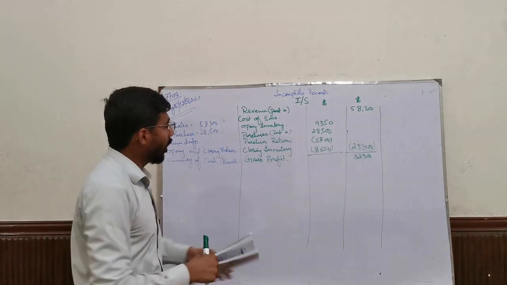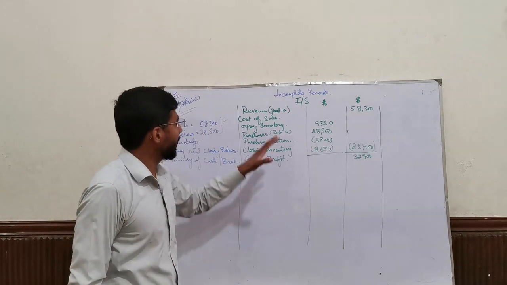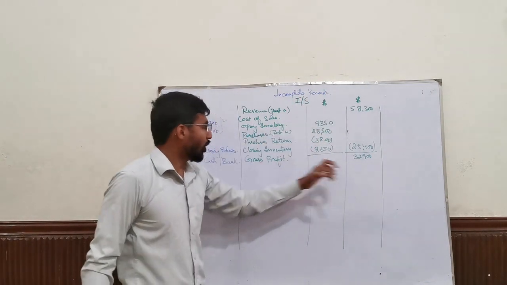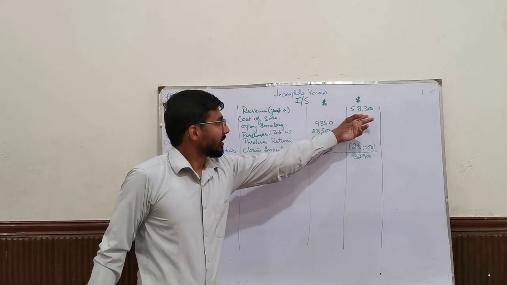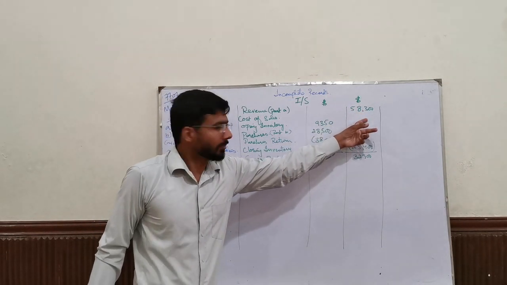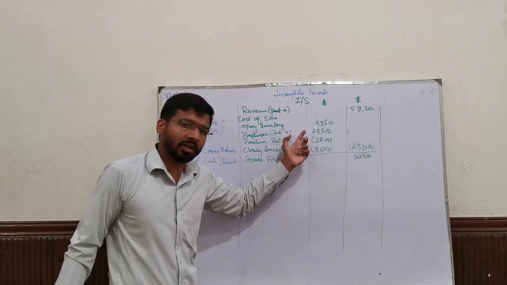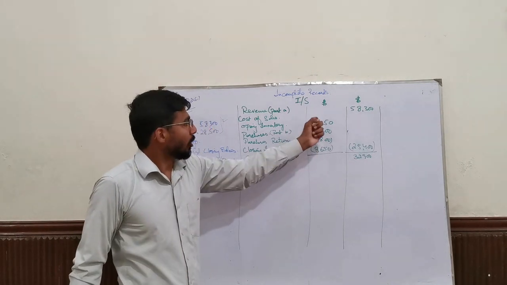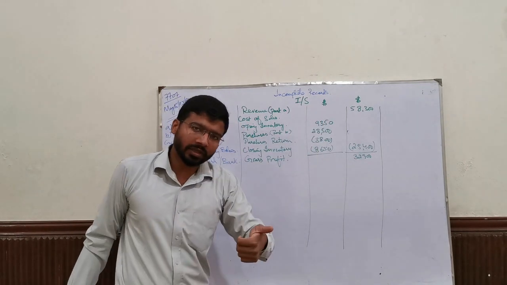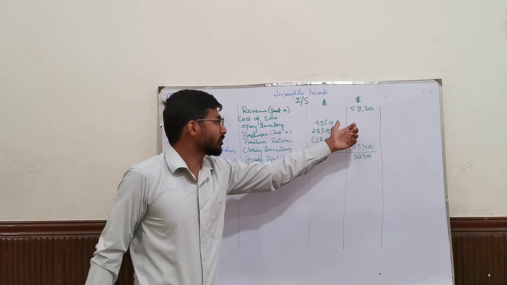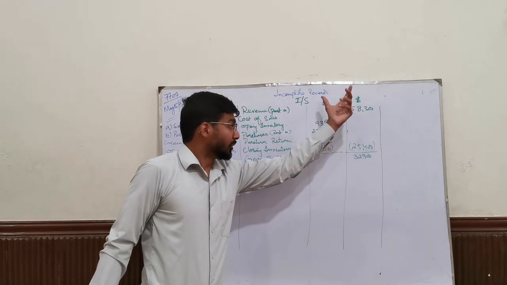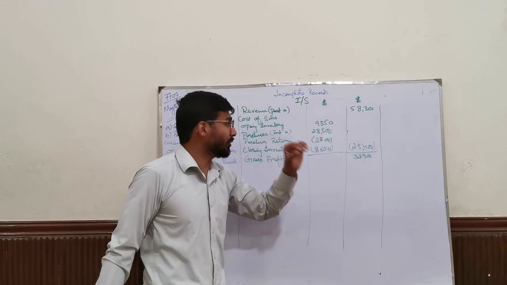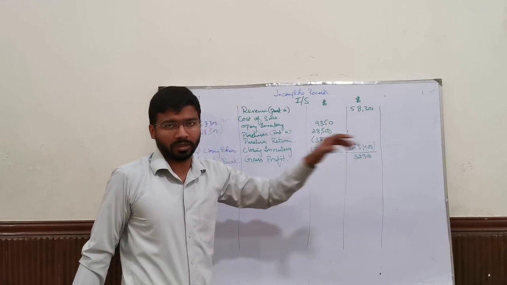All in all, class, what you need to understand is that till gross profit you need not do anything new. Revenue you have already calculated in part A. Purchases you have already calculated in part B. Opening and closing inventory will be given in the question. Purchases return is also given in the question. You just need to incorporate the figures and you are going to get marks.